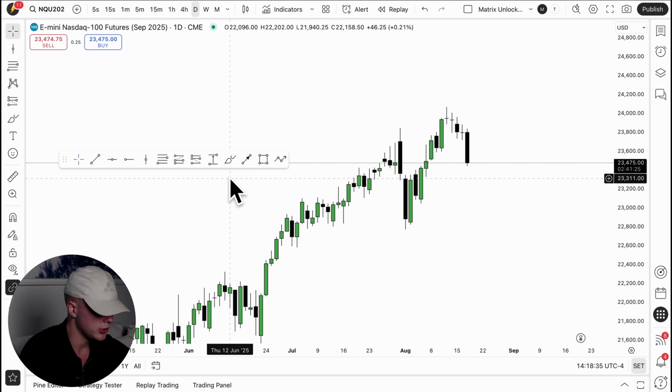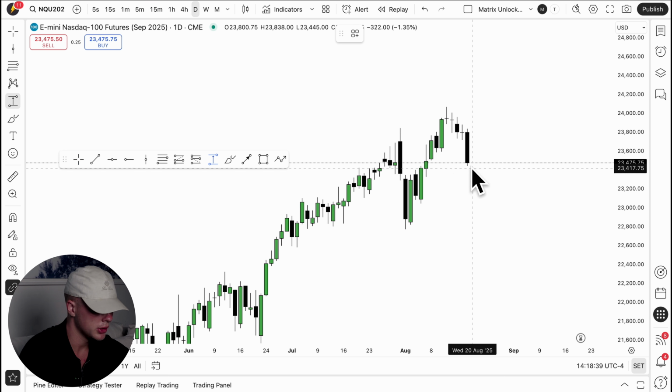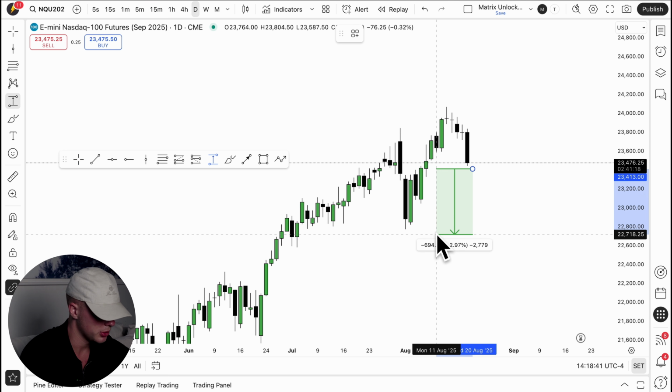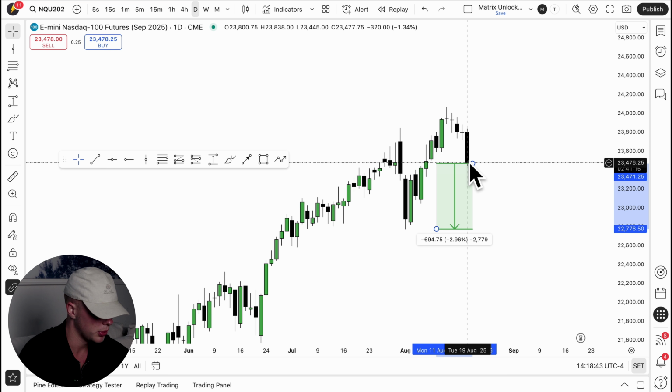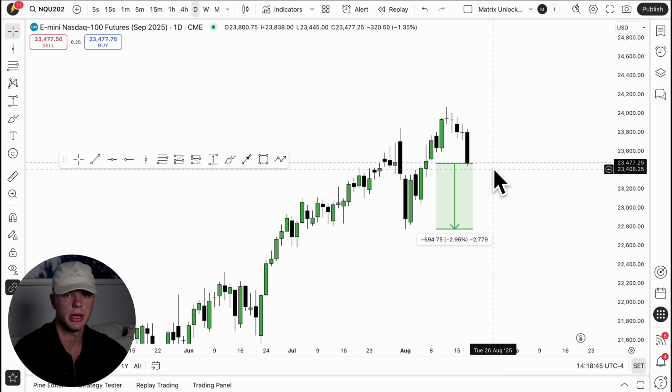Now, when we pay attention to the final tools, we have the price range right here, pretty self-explanatory, where you can measure the price range between any given points. If you think back to the price fluctuation schematic, which I shared with you earlier throughout the lecture, you can basically just map the difference between a specific price and another price.